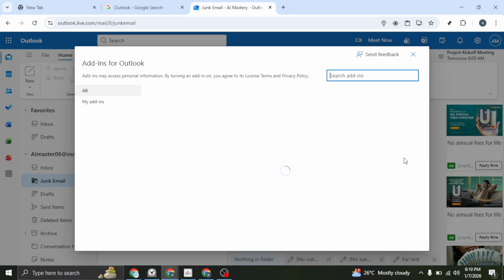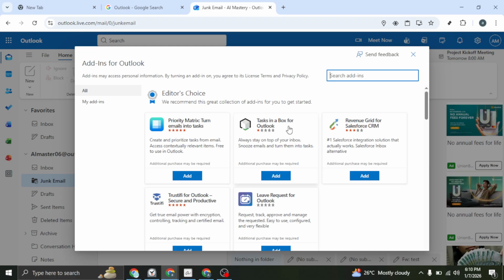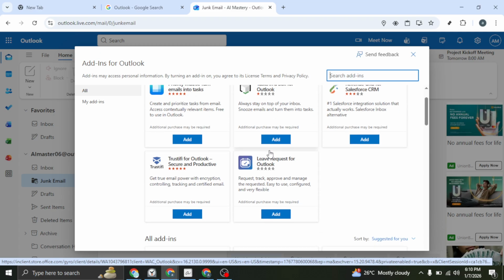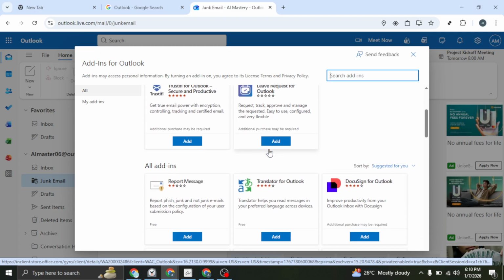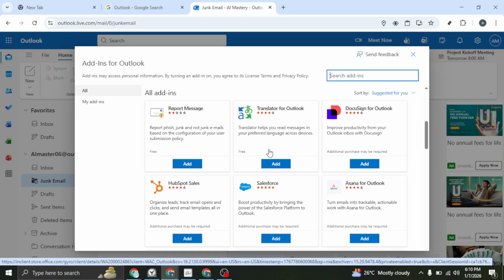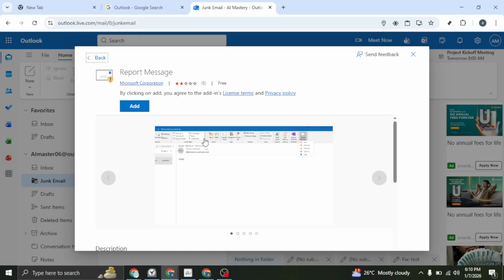Here you can explore featured options, browse by category, or jump straight to the search bar if you already know what you want. Use the search box to look for the app or add-in you'd like to add. When you see it in the results, click it to view details. This page will show what the add-in does, the permissions it needs, user ratings, and whether it's free or requires